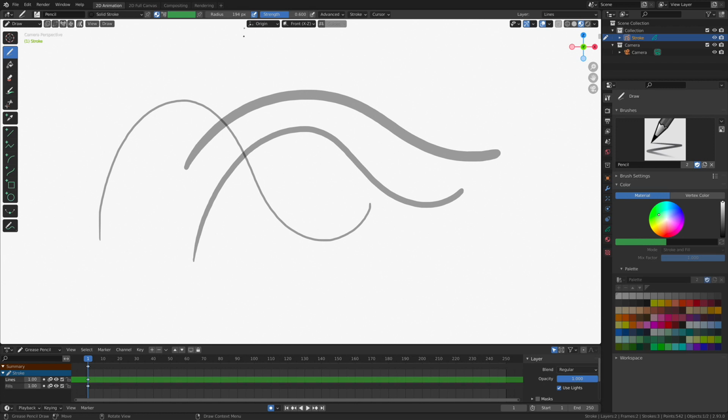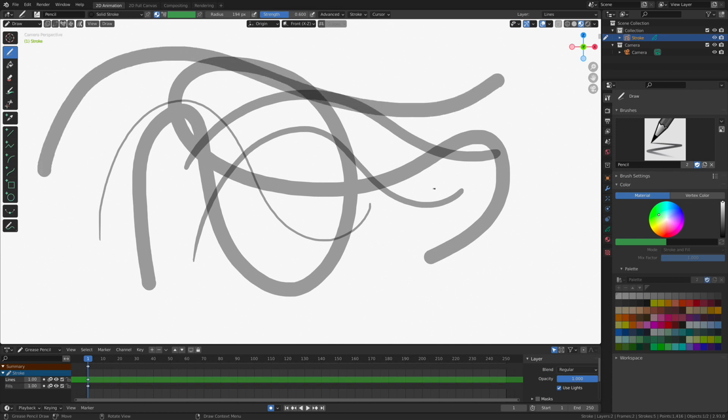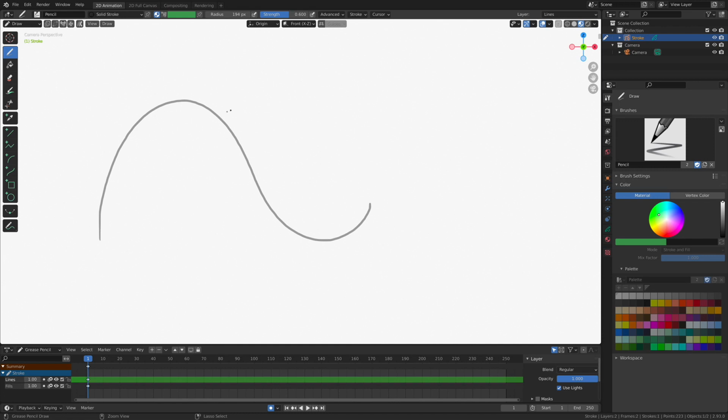That's pretty neat. Now, if you keep cruising down here, there's some other options. You can use pressure on your tablet. I'm currently working on a graphics tablet, so with that option disabled, it doesn't matter how hard or soft I press on my graphics tablet, it's going to have a uniform thickness across the entire stroke, which is pretty cool. Let me go back. I'm going to turn that option back on.